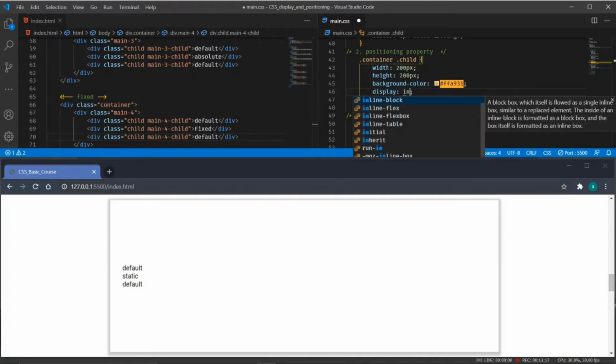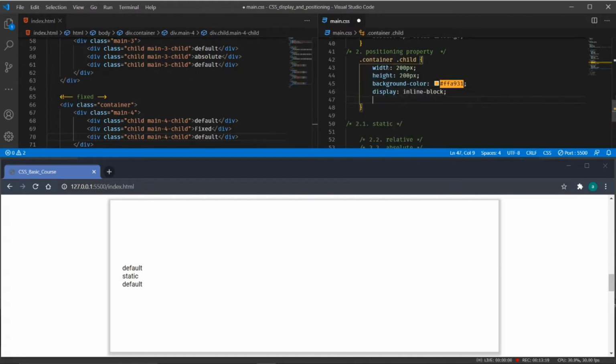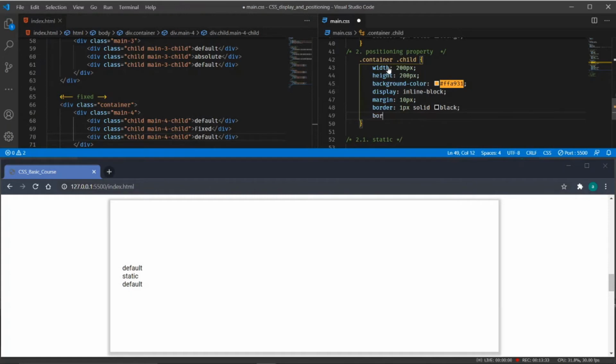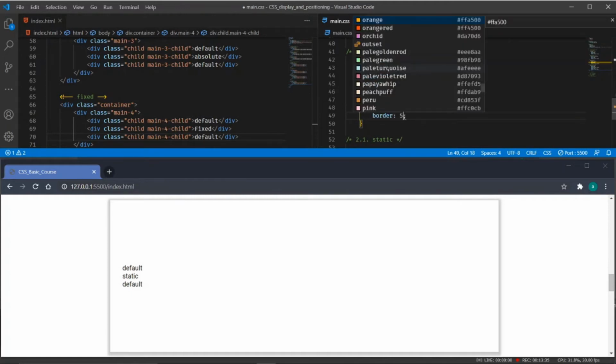Display inline block, margin of 10 pixels to have some gap, a border of 1 pixel solid black, and a border radius to have a small smooth curve.